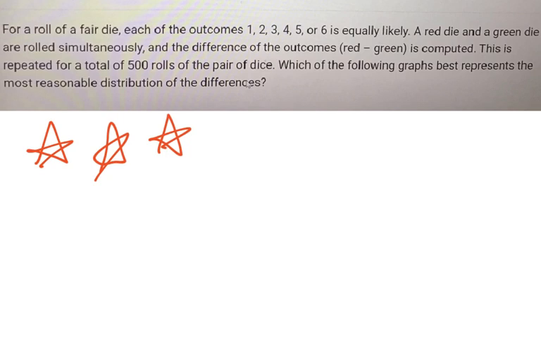So long story short, we're rolling 2 dice. We know one is red and one is green. It's a regular die where you either get a 1, 2, 3, 4, 5, or 6. Okay? We are going to subtract their differences. Notice there's order here. We're going to take whatever the red is and minus the green. We're going to do this 500 times. So it's simulated, as we say, 500 rolls of both dice at one time. Just roll the red and green together.